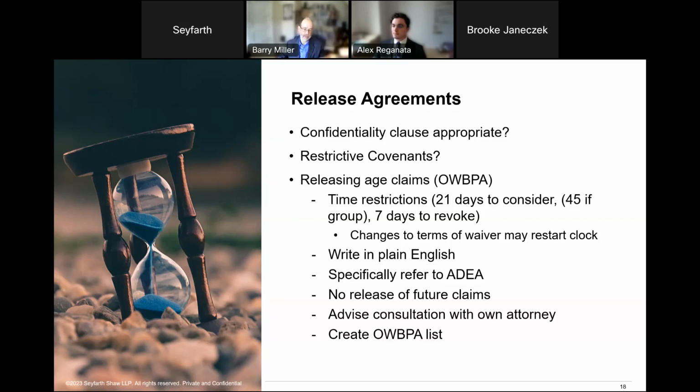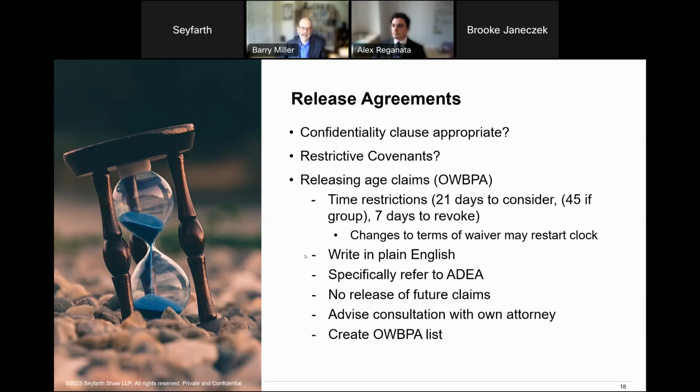We are giving the employee some amount of money in severance, which could be cash, could be benefits continuation, could be something else of value. And they're giving us a release of any claims that they might assert based on their termination or any other event that's happened during their employment. So if you got 100% of the affected employees to sign a release agreement, your litigation exposure plummets to not zero, but close to zero.